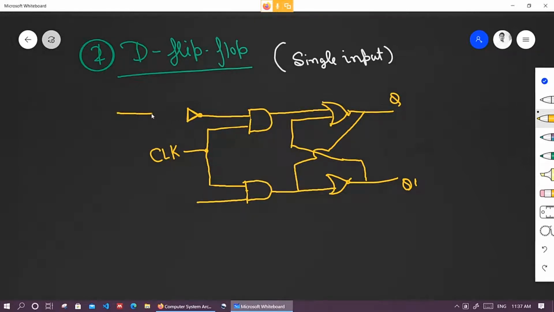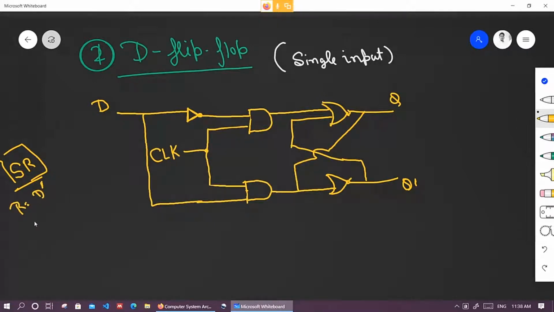Fine. So just take this D flip-flop, D flip-flop means D input, and merge it with this. So now you can easily see one thing, and that one thing is that D input is something like this. This is just the SR input only. Since SR input is only because R is the D complemented one, and S is the normal D input. If you compare with the SR flip-flop,